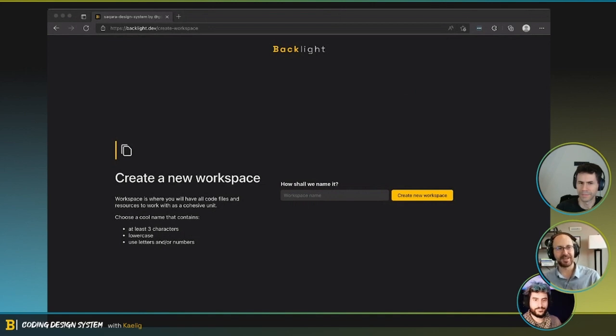I started missing the craft of building things in CSS, and I wanted to get back in the flow of how we even make websites today from start to finish.